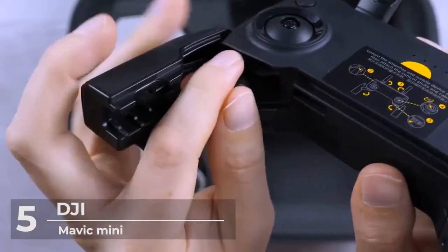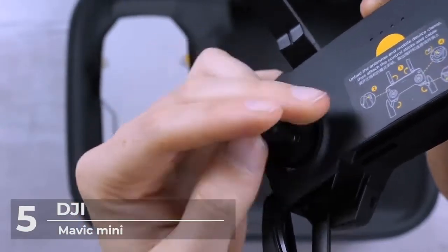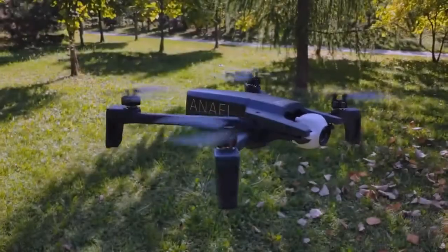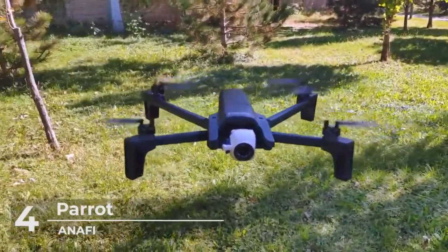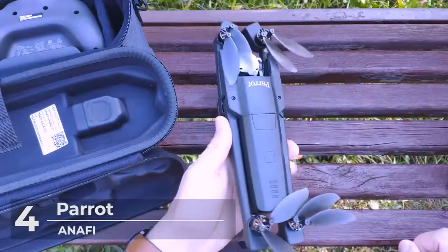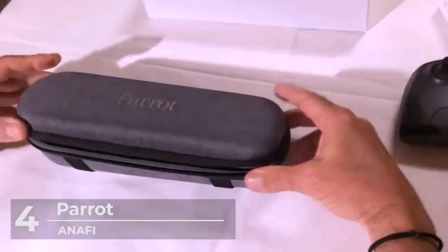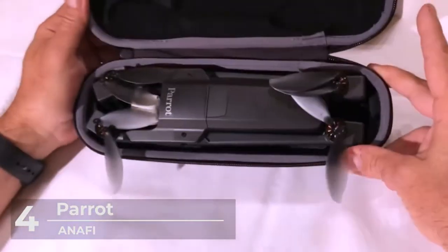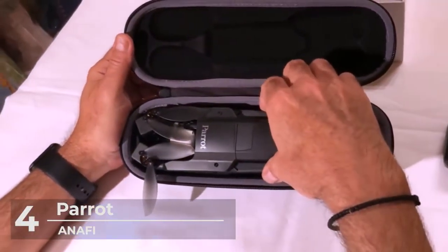Thus, if you are looking for a portable drone to handle with ease, the DJI Mavic Mini would precisely match your requirements. The 4th best choice on our list is the Parrot ANAFI drone. This is considered one of the best drones. With a price of $552, the ANAFI 4K HDR camera drone also takes stunning aerial videos and pictures. It is a handy drone and cheaper as compared to other drones in the market, but one good thing about this,